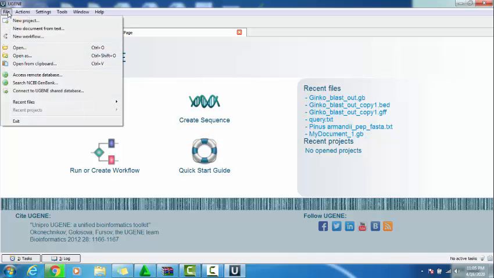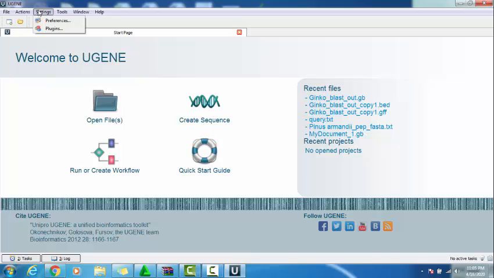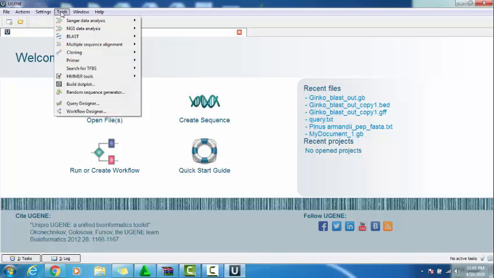There are different functions: files, actions, settings, tools. And in these tools, today our topic is related to BLAST. In this tutorial, we will discuss how to carry out a local BLAST in your system. So first of all, to make a database, we need a complete genome sequence. So for this purpose,